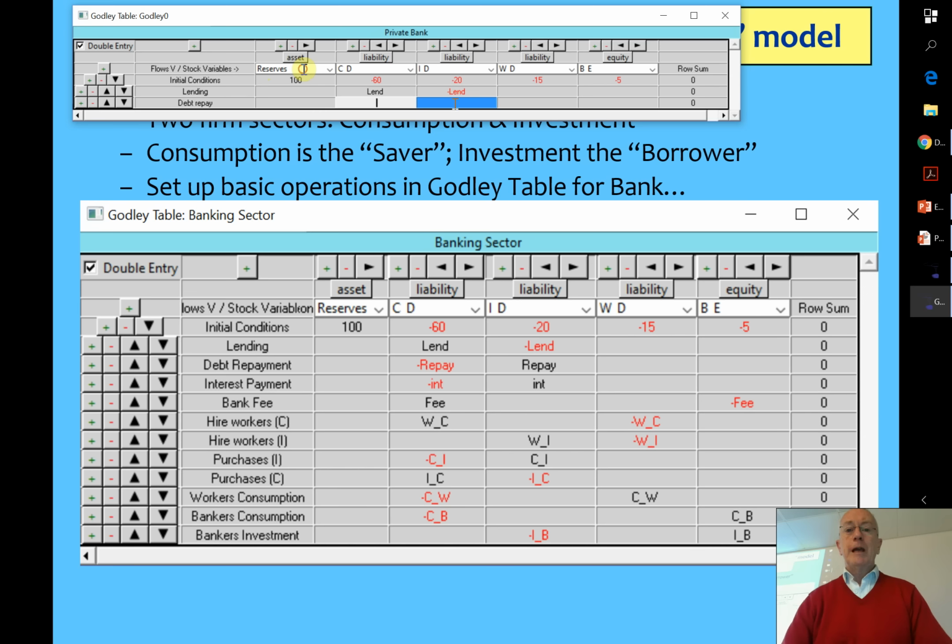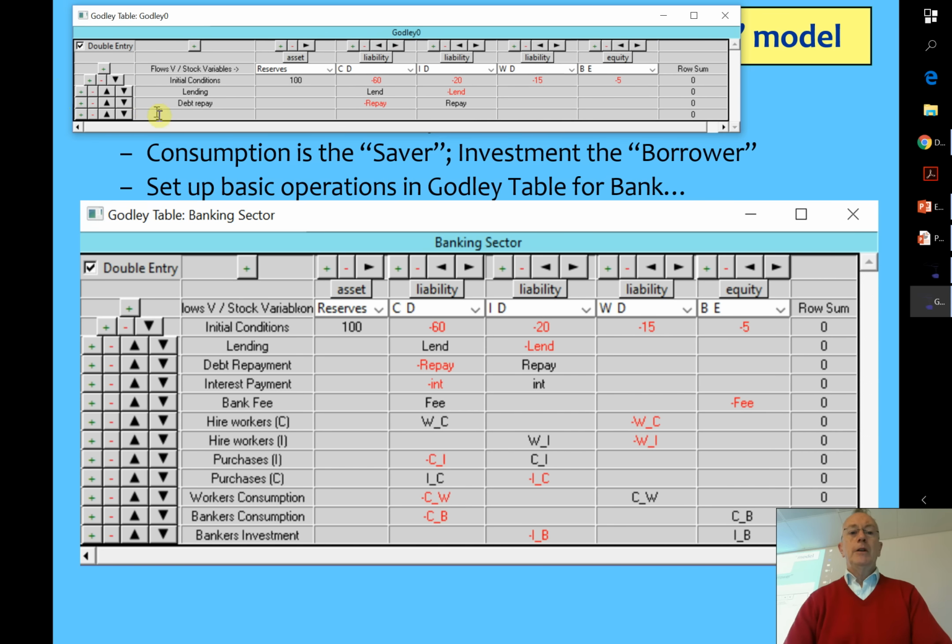Okay, so there's lending. Now repayment. Well, repayment goes from the investment sector and it goes to the consumer sector. Another zero sum. Click another key and then say interest payments. Well, that's going to be, of course, now you're going to show that as an income source for the bank. So I'll type int just as an abbreviation there and say the interest is paid into the equity account of the bank. That's where it, pardon me, hey, I'm thinking endogenous money straight away. Okay, that's good. That's a good mistake because I put that in the wrong spot.